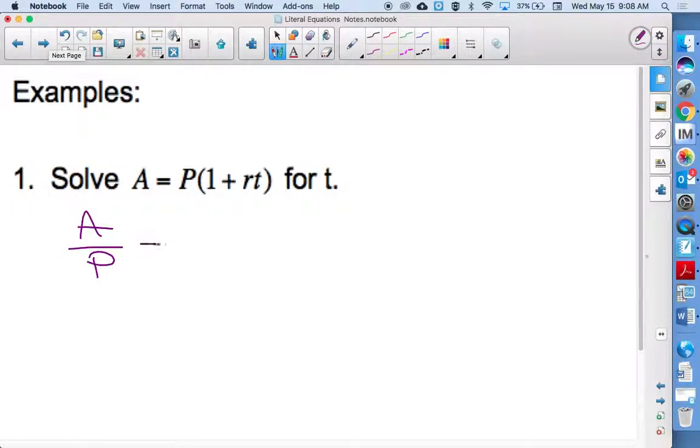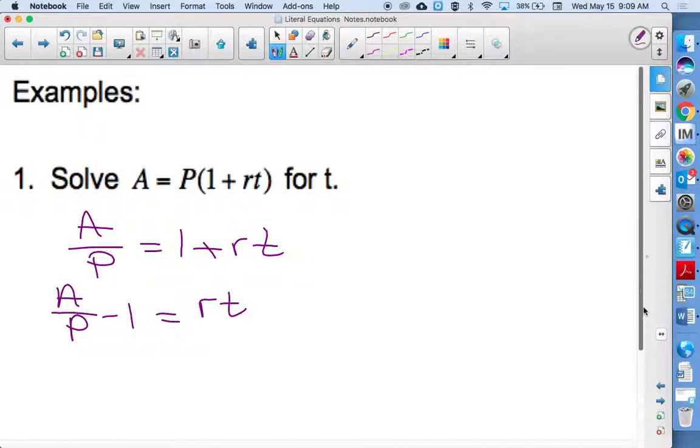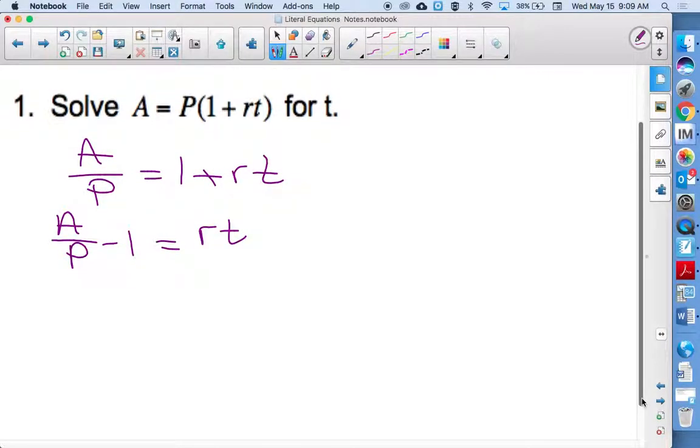So now we have A over P, 1 plus R times T. So again, still trying to get the T by itself. So Jake, what else would you do? So subtract 1. These two terms on the left side, you will be asked to make sure it's condensed together as one fraction. So I would say condense the left side together first before you do anything with that R. So Jake, if you were asked to put those together as one fraction,